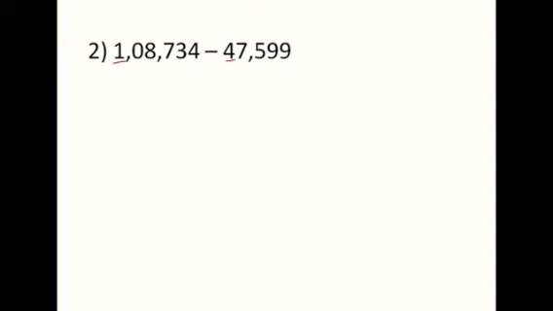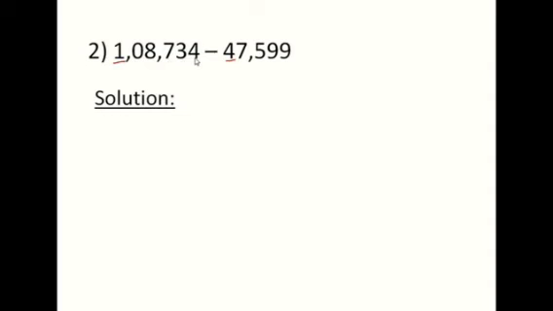Have you done? Now you will write 1,08,734 estimated to the nearest lakh. How to do this one? So highest place is in lakh. So go to the previous, means it is 10,000. As it is 0, 0 is less than 5. So what do we have to do? Can you remember? 1 will be unchanged and rest of the places means 10,000, 1,000, 100, tens and units will